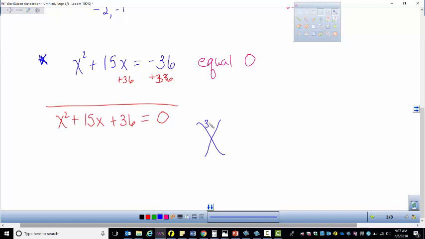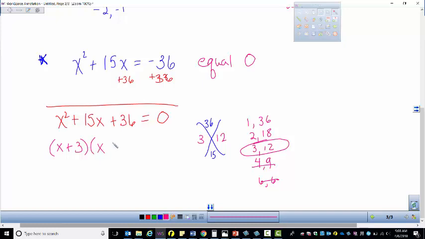We want factors of 36 that add up to 15. So our factors of 36 are 1 and 36, 2 and 18, 3 and 12, 4 and 9, 6 and 6. So to get 15, looks like these two. 3 plus 12 gives me 15. So I have x plus 3, x plus 12